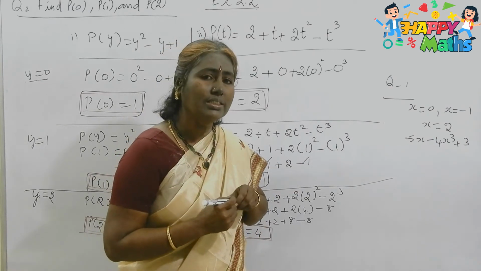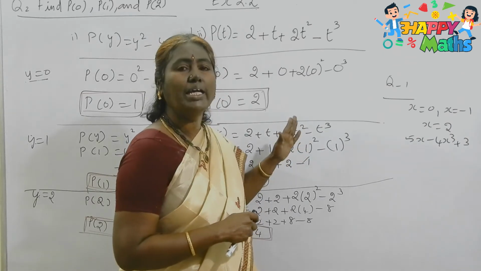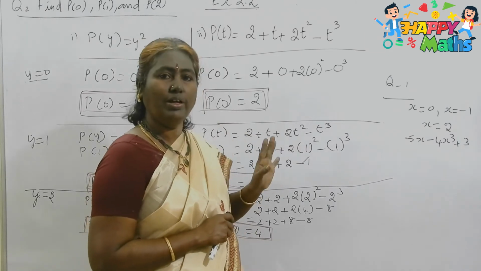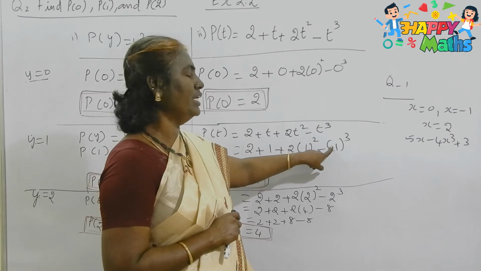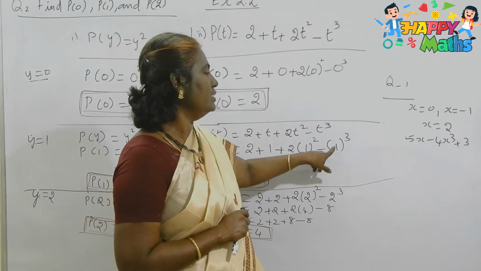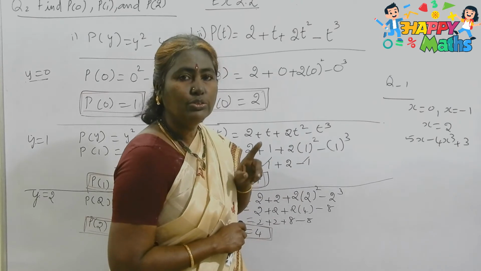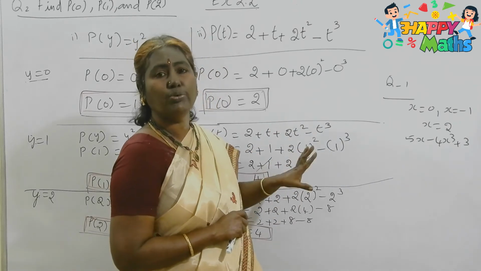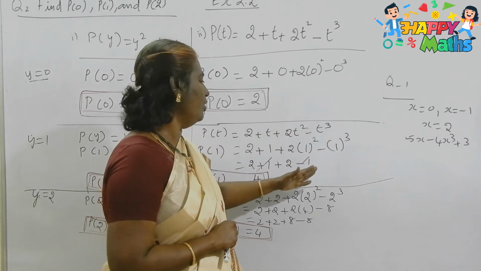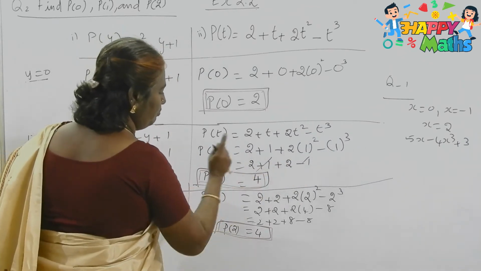When will you get a different answer? Can you guess now? Anything? If the same one is with minus 1, then the sign will be changing. Then also the answer is 1 only. But if it is minus 1, if it is an even power, you will get a plus sign outside. If it is an odd power, you will get a minus sign, so the sign will be changing. So definitely minus 1 will alter the answer. Since it is plus 1, it doesn't alter, only the 1 has come as it is. So plus 1 and minus 1 get cancelled. So 2 plus 2, 4.